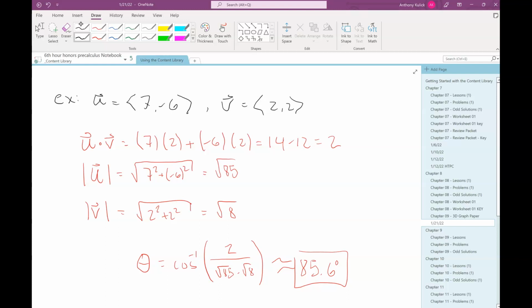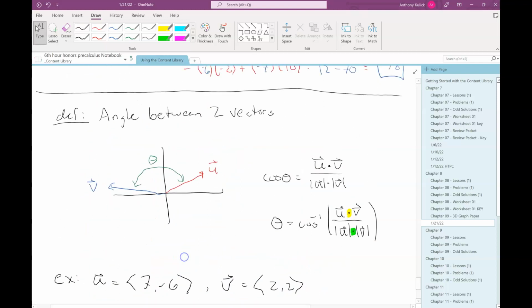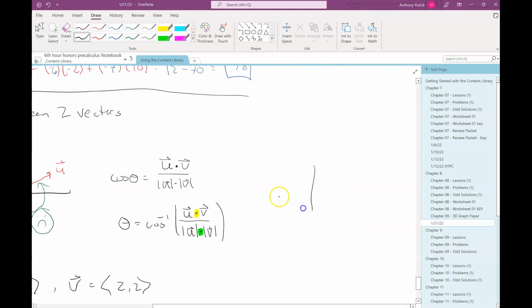Worth pointing out, since this angle between two vectors formula involves the cosine, or cosine inverse, I should say, we know that the range for cosine inverse is 0 to 180 degrees. So what that means is that we're always going to be finding the smaller angle between the two vectors. We would never be finding the bigger one. So keep in mind that